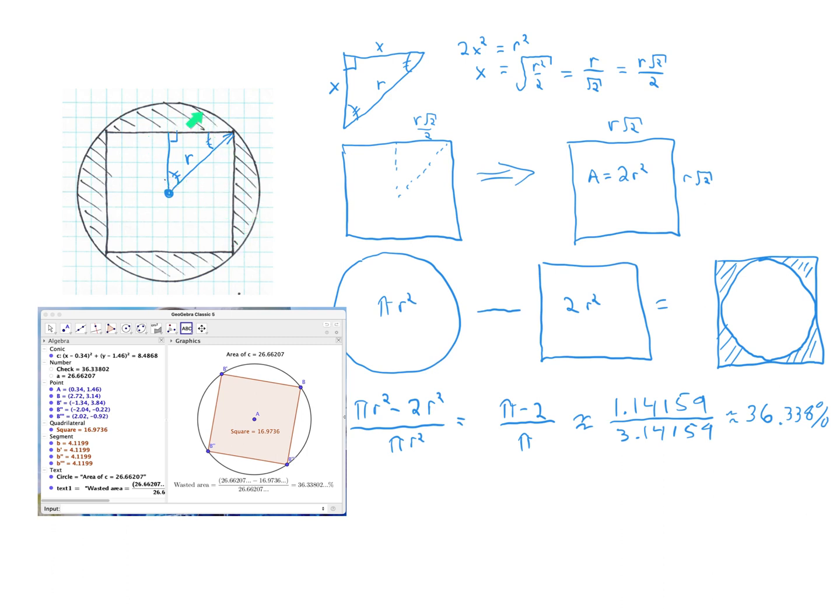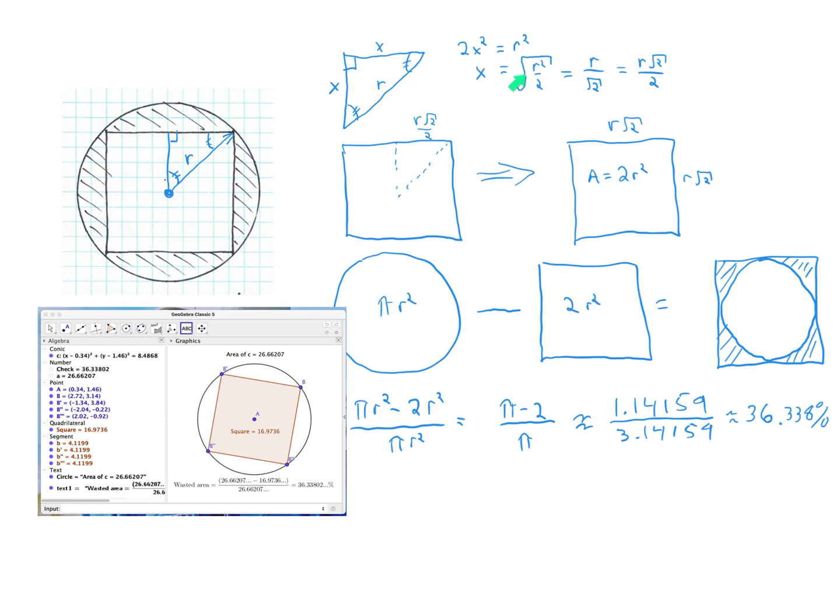So let's see. Your version, you got a circle, you inscribe a square. So if you call this little diagonal, half of a diagonal in the square, R, that creates an isosceles triangle. Okay, so 45 degrees on both of these, 90 here. So then if you just go to the Pythagorean theorem, you got x and the hypotenuse R, and x squared plus x squared is 2x squared